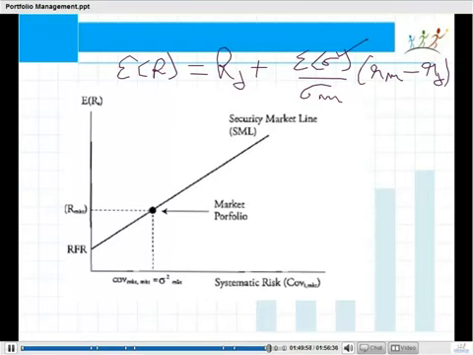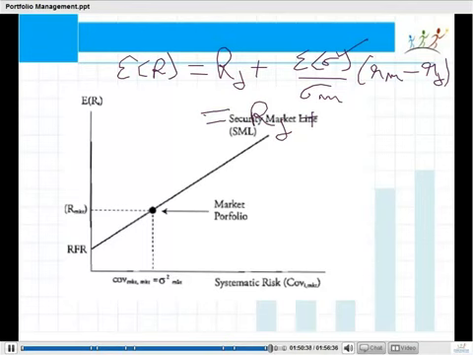In the capital asset pricing model, we proved that the unsystematic or the firm-specific component of the risk does not matter. So the expected return should not be given by the total risk. It should only be given by the part of the risk that I am actually bearing. A diversified investor only bears the systematic risk. A stock can have a very high unsystematic risk or a very high firm-specific risk, but that is not a risk that my diversified investor needs to bear, because he can simply invest in many stocks and make that